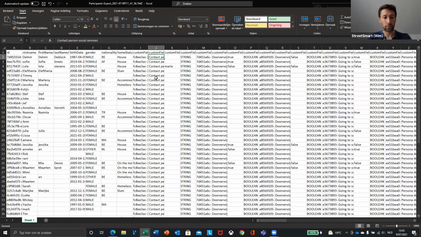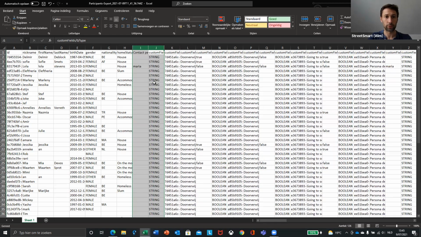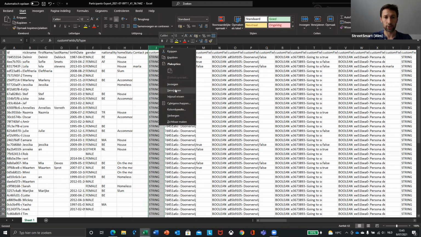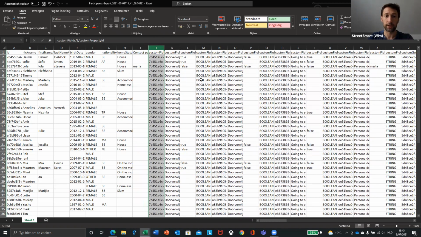So what we will do, we'll copy the value, put it here, and then we can actually remove these two columns. This is also a column which we can remove. It just says that the data is a string instead of a number, for example. So same for this custom field, you will always have 4 columns, one with the ID code, one with the type of field, one with the name of the field, and one with the values. So we keep the one with the values, we delete the 3 other, but first we change the name like this, so that we still know what we're talking about.